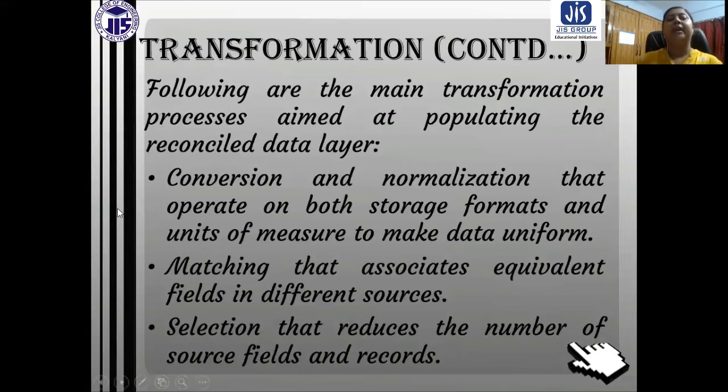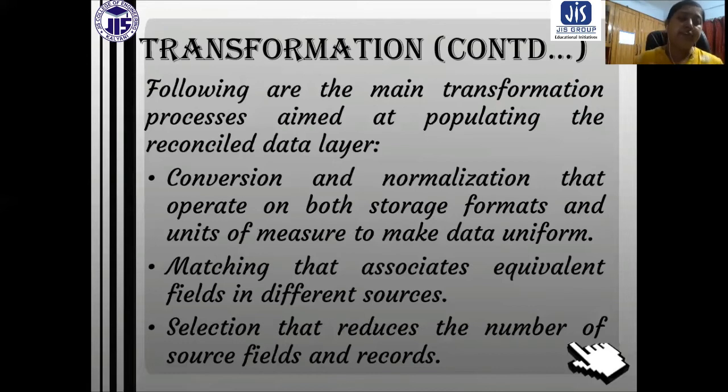So the main transformation processes are aimed at populating the reconciled data layer. These are basically those processes. First, conversion and normalization, which operate on both storage formats and units of measure to make data uniform. We have to make data uniform.